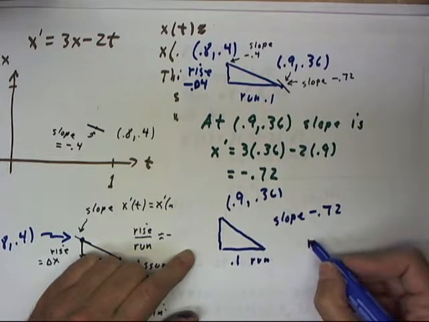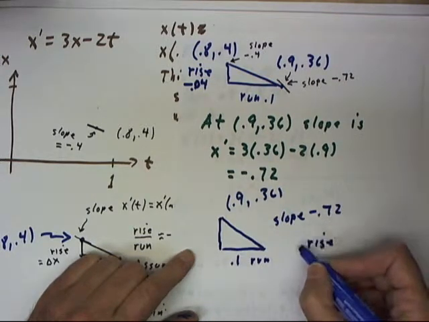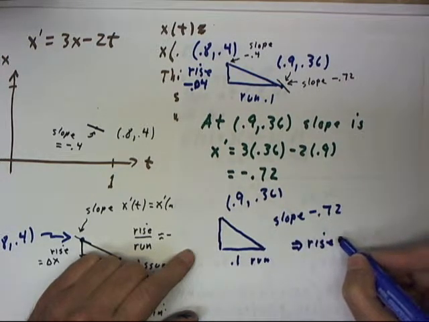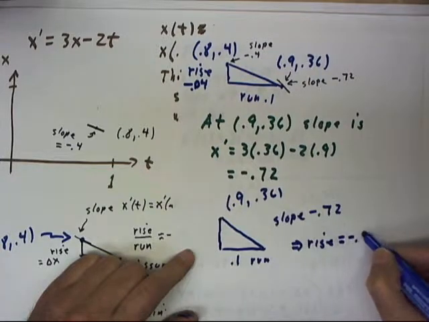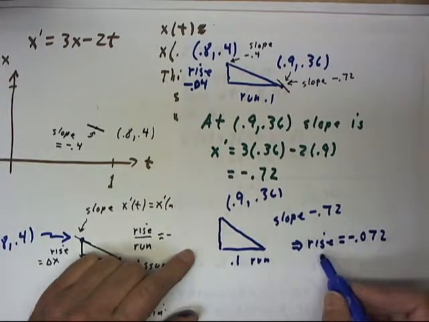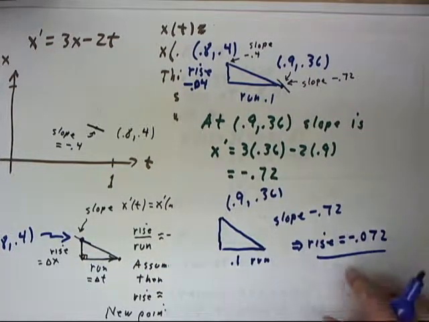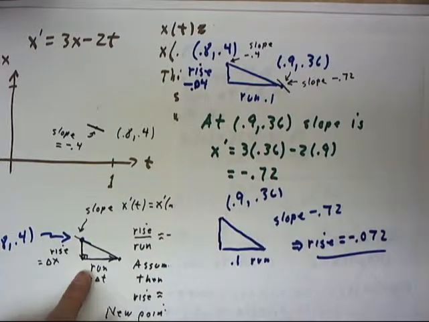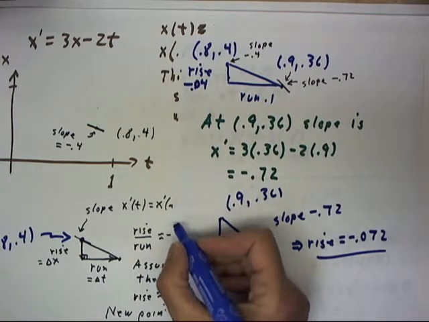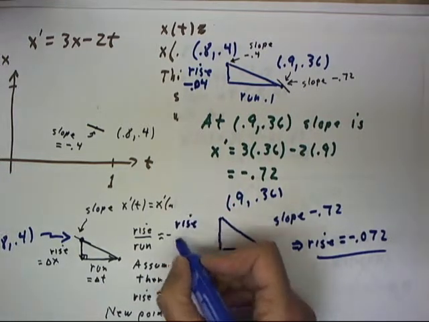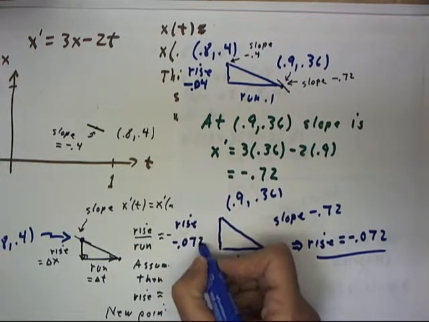We find that the rise is going to equal negative 0.072. Now we're not going to go through the details of calculating that, but it's calculated in exactly the same way it was here, just using the new slope. So we have a rise of negative 0.072,